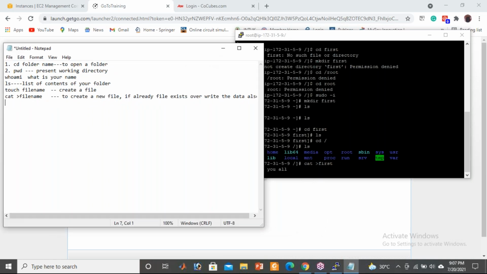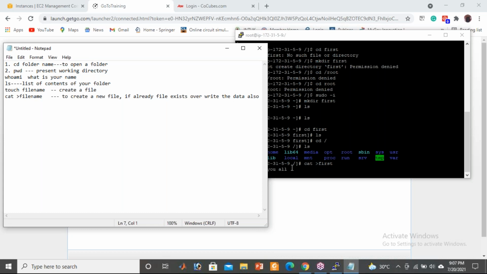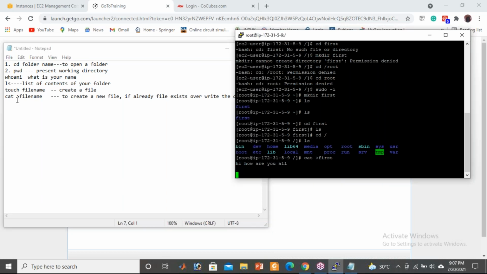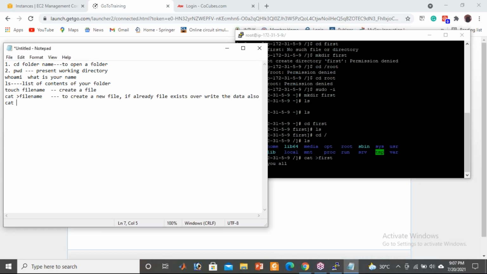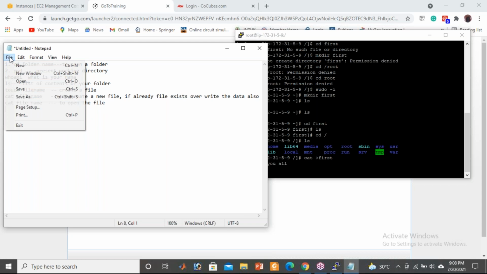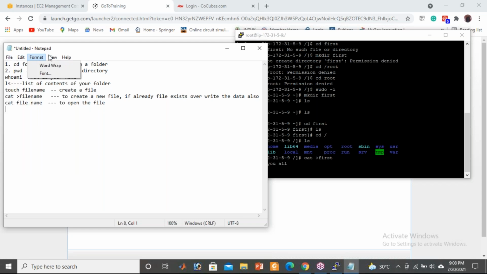Okay, next. cat space file name to open the file. Okay, next.